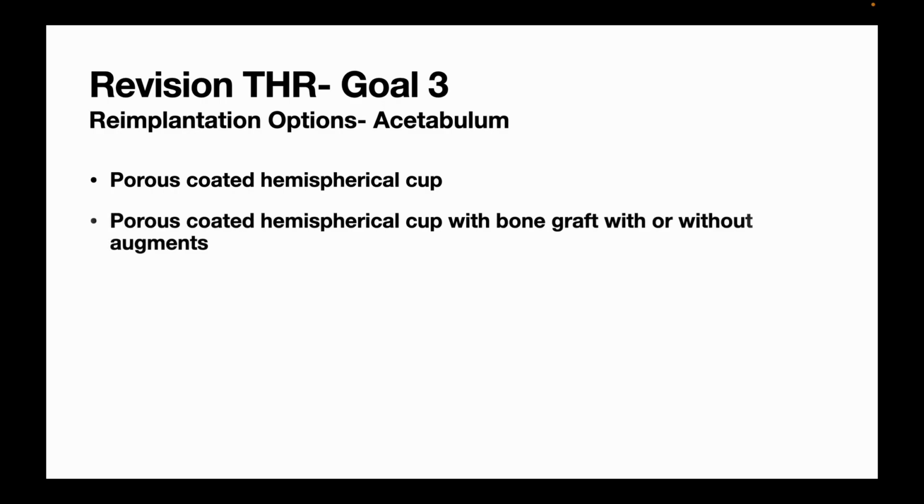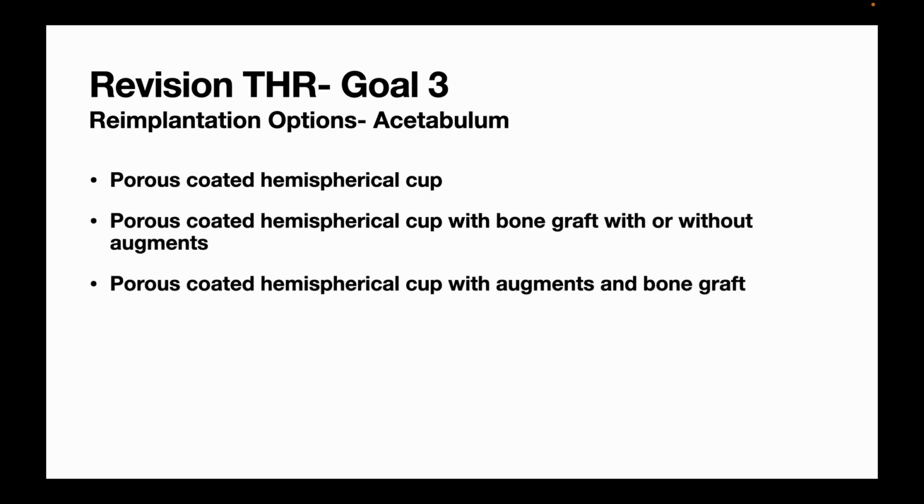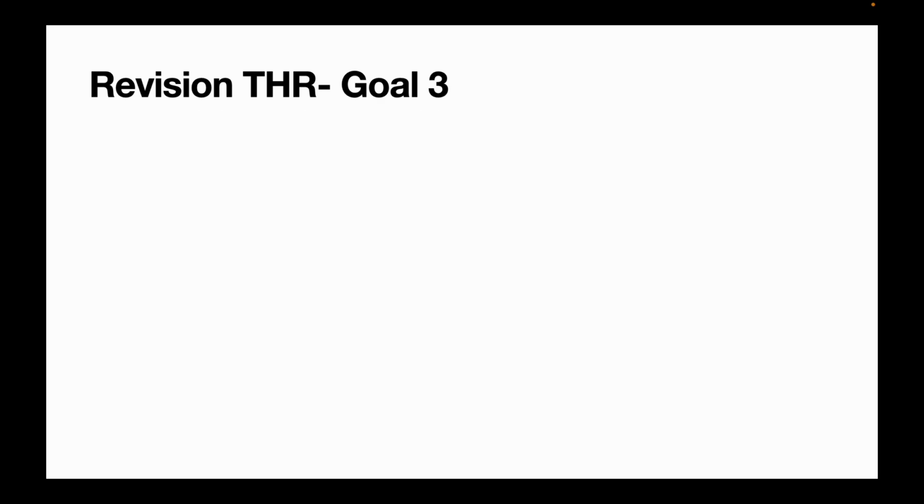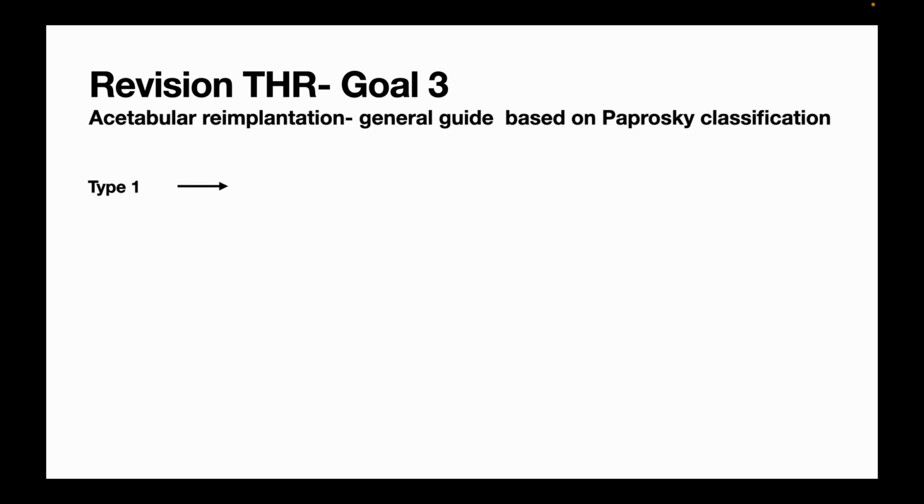The options of re-implantation in acetabular reconstruction are as follows. We have porous coated hemispherical cup with bone graft, with metal augments, cage with structural or particulate allograft, and plate with cage and allograft fixation. Now let's match up these options to the Paprosky classification. In type 1, where there is minimal bone loss with an intact rim, a routine primary acetabular cup may be